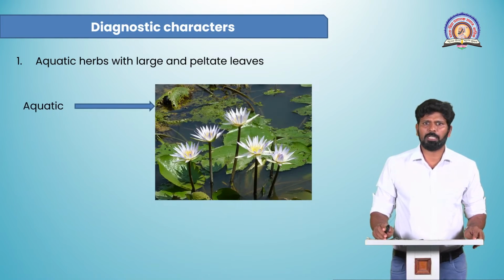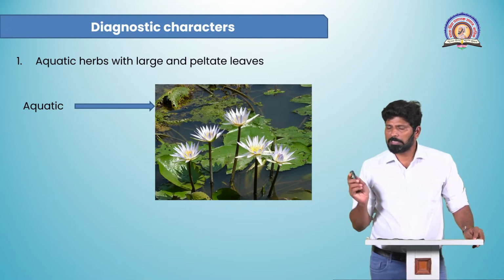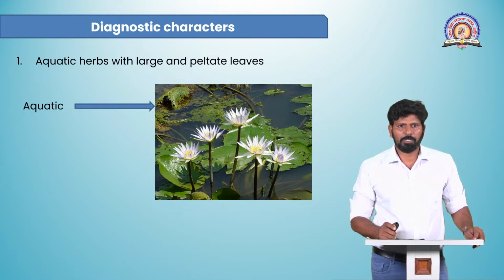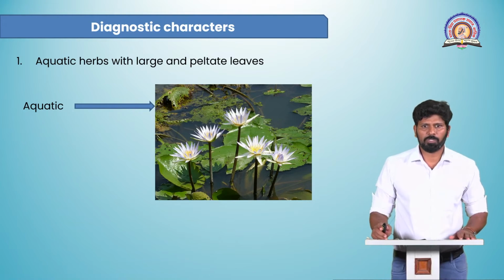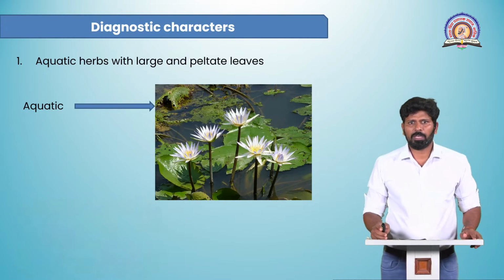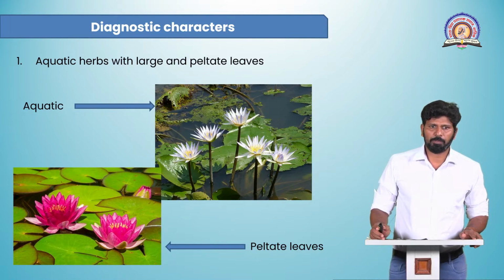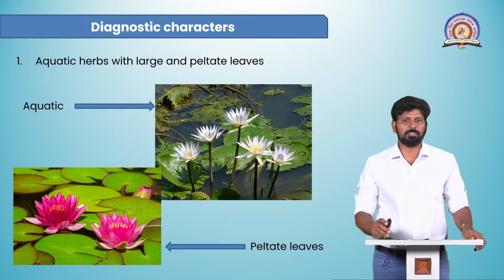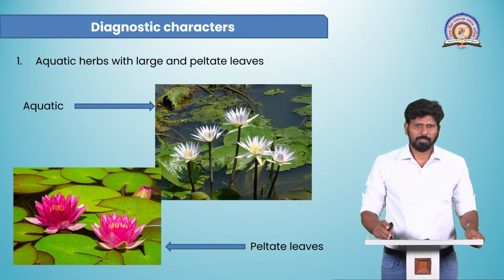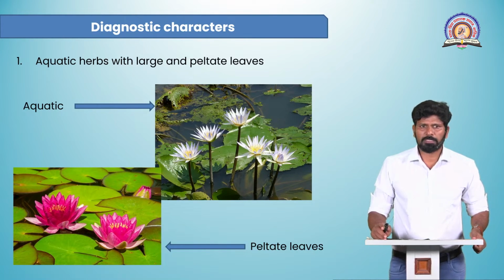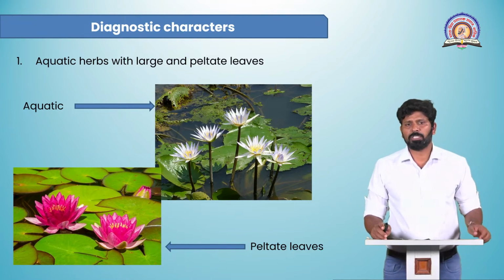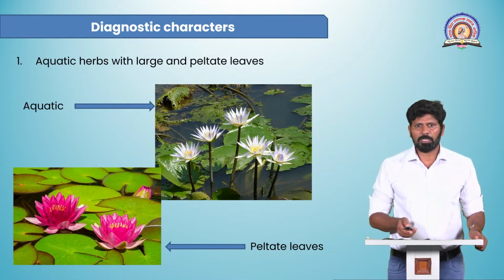So aquatic herbs with large and peltate leaves. So we can see here this particular plant is aquatic herb because it is rooted in water. It comes in the water in aquatic habitat. So it is aquatic herb with large and peltate leaves. So we can see here the leaves of this plant. So leaves are large and again these are the peltate. So by looking at these two pictures, we can easily understand first diagnostic character, that is aquatic herb with large and